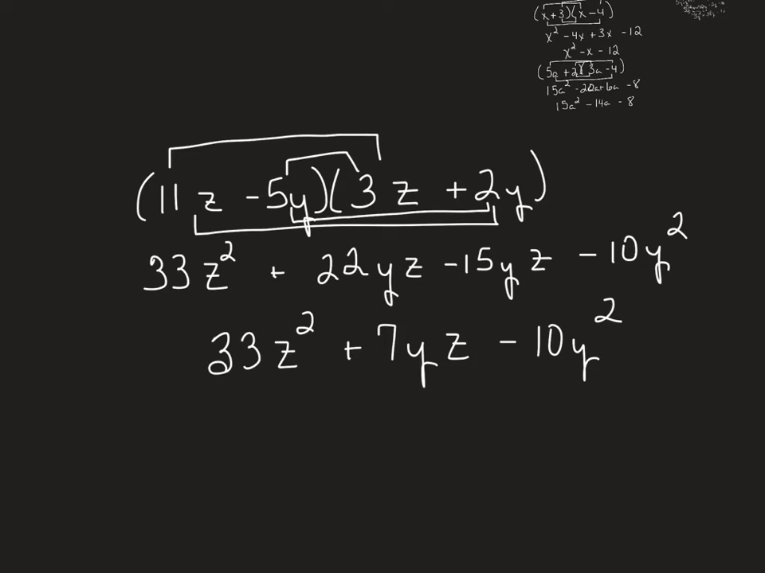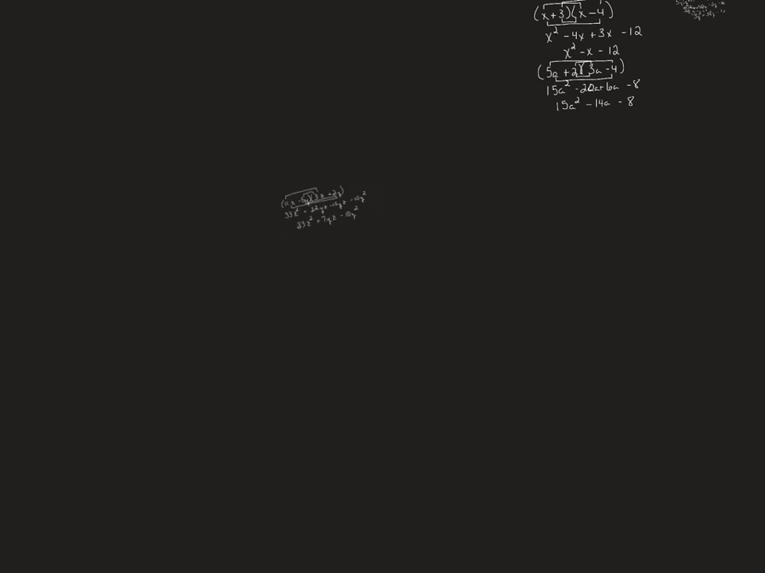So these are examples of using the FOIL method, first, outside, inside, last, and it will always work when we are multiplying two binomials together. Now let's look at what happens if we multiply a binomial times a trinomial. Can't use FOIL for that. So let's look at an example where we take a binomial and we multiply